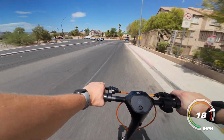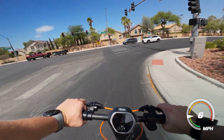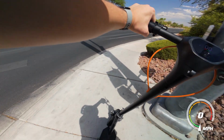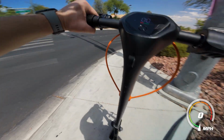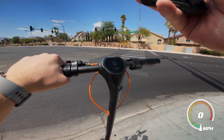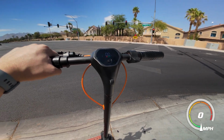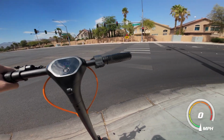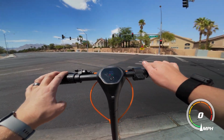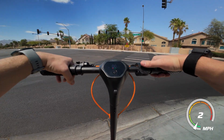Okay, while we wait for this light, you can take a look at how far we've gone and see if we lose a battery bar here. Wait. Ouch. Hit myself in the shin. I don't know how much time we're actually gonna have on this light. I'm actually gonna turn. Yeah, we've gone 9 miles. It says we haven't lost a single battery bar. So either this is inaccurate or it's going to go and then magically lose all of its battery bars